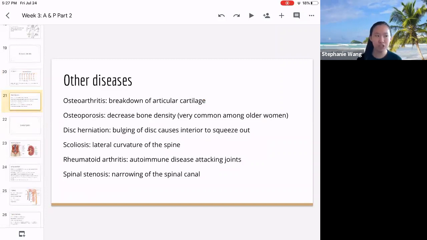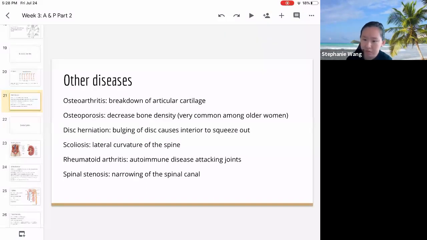Osteoporosis, there's not really much of symptoms for osteoporosis. Mostly occurs in older women. The reason why it's in women is because older women don't have as much of the hormone estrogen. And estrogen actually helps with the strength of the bones. So whenever estrogen is depleted, their bones will get less dense and less strong, which is why osteoporosis is more common in older women. Yeah, and the most obvious symptom, I'd say, of osteoporosis is that people who have it are more likely to get fractures.